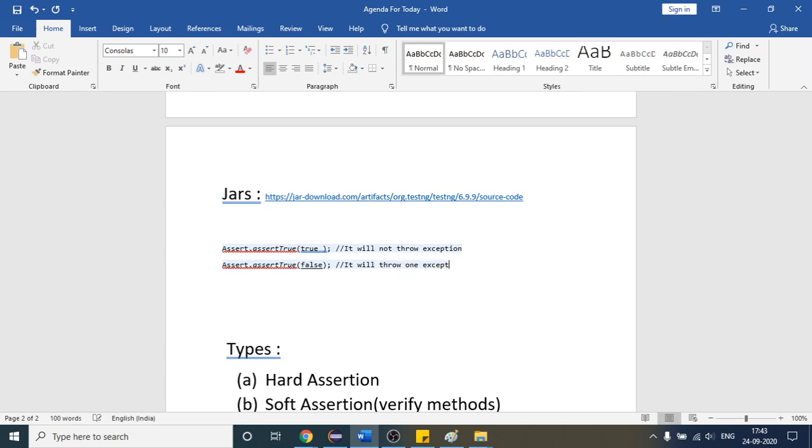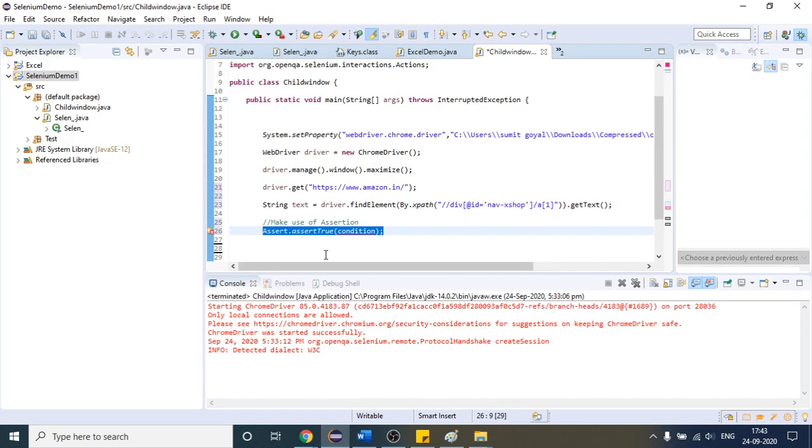So this method works this way: if inside the argument of this method you provide true, then it will say okay, your script is passing, because it will not throw the exception. But if you provide false here, then it will throw one exception. So let me open this first, then it will be more clear.